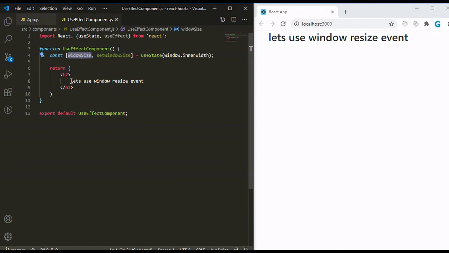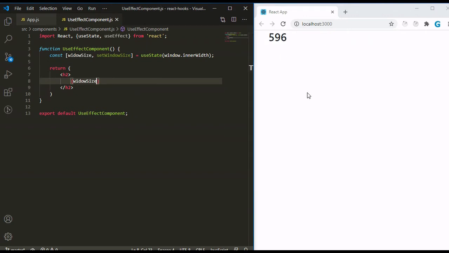Now I will use this state here. Here we can see the inner width is coming 596.